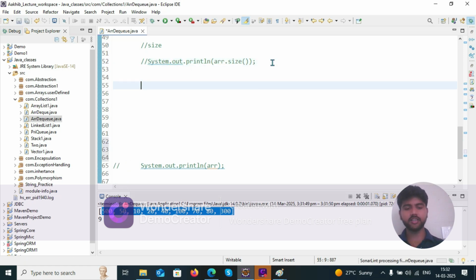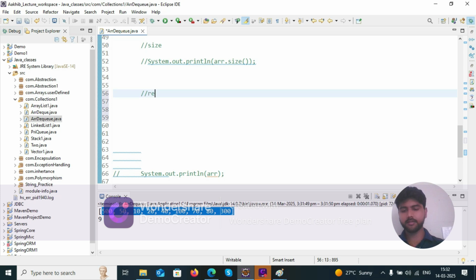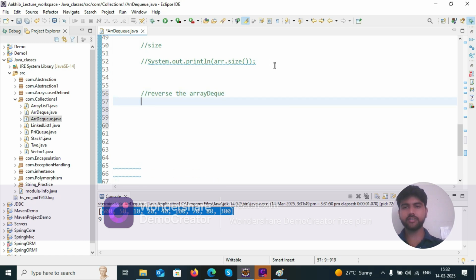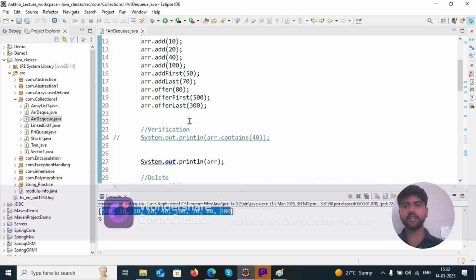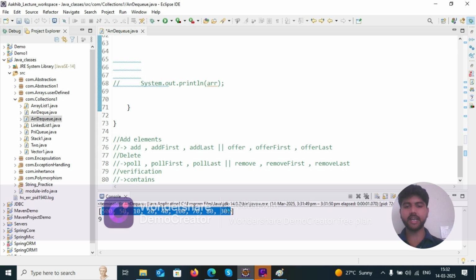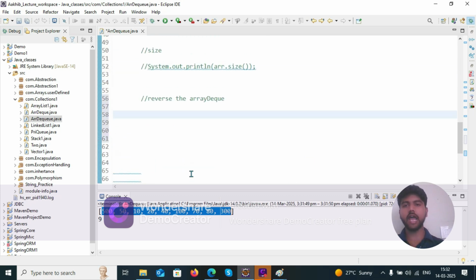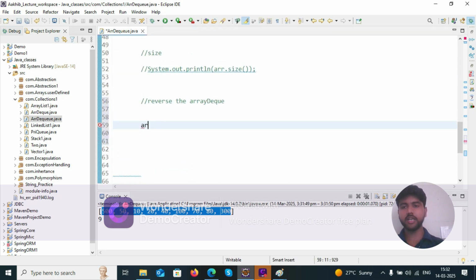And the next thing is, if you want to reverse the ArrayDeque, there is a special method. You can notice that there is one order: 500, 50, 10, 20, 100, 80, 300. These are the elements we have added. So if you want to reverse this entire ArrayDeque list, you can use a special method called arr dot